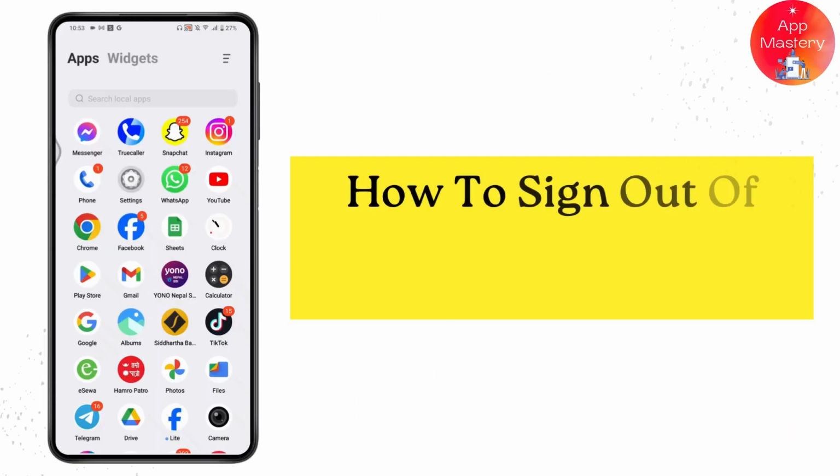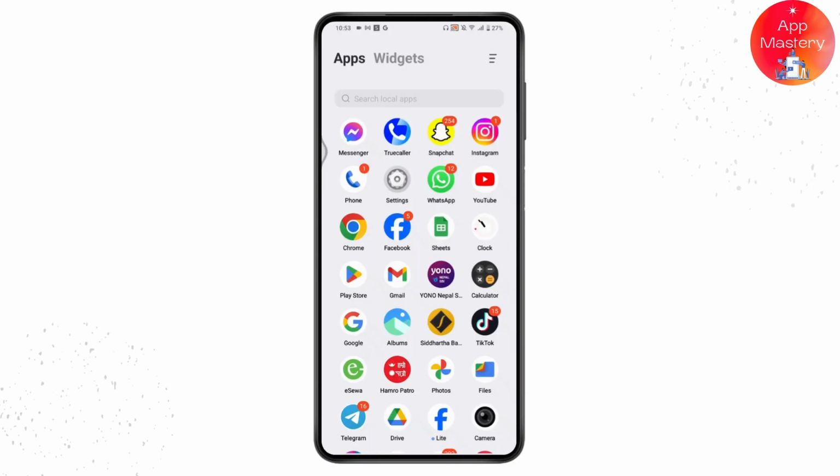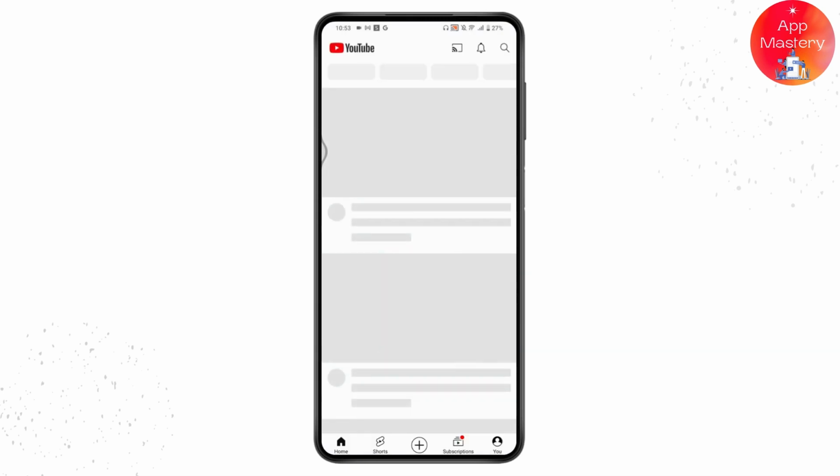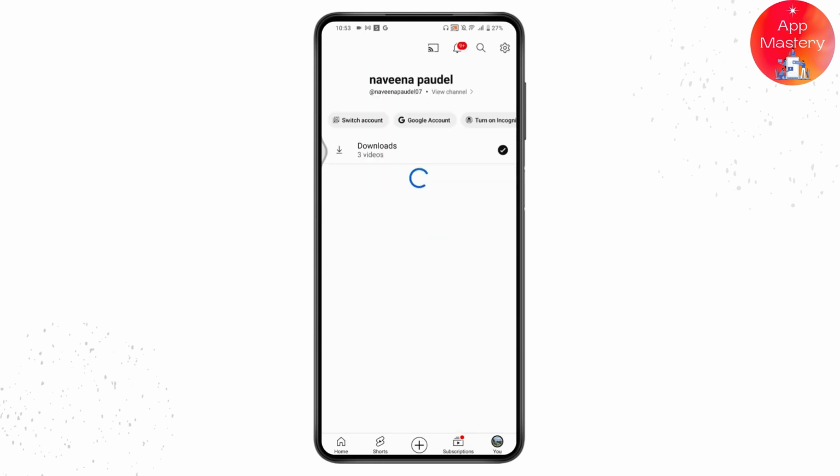How to sign out of YouTube account from other devices. So if you want to sign out of your YouTube account from other devices, then what you need to do is you need to simply open up your YouTube application. Once you've opened, now you can go for the profile, which is on the bottom right, and you will have